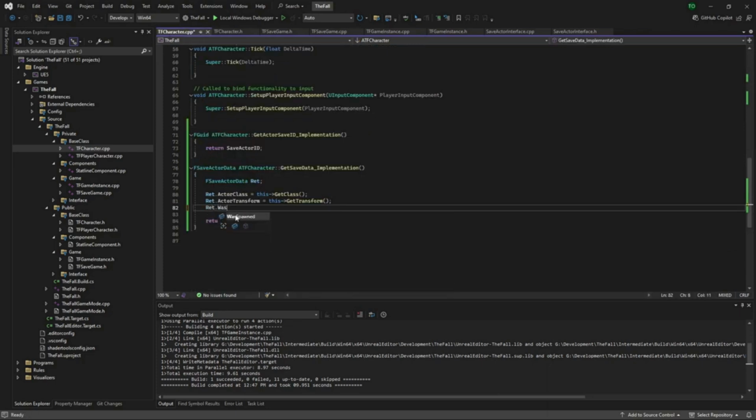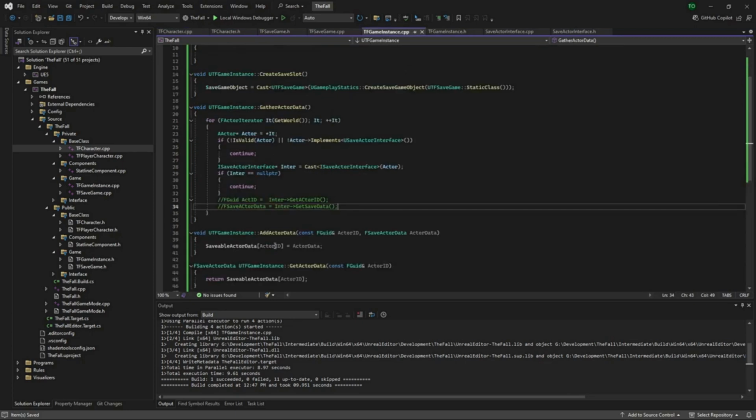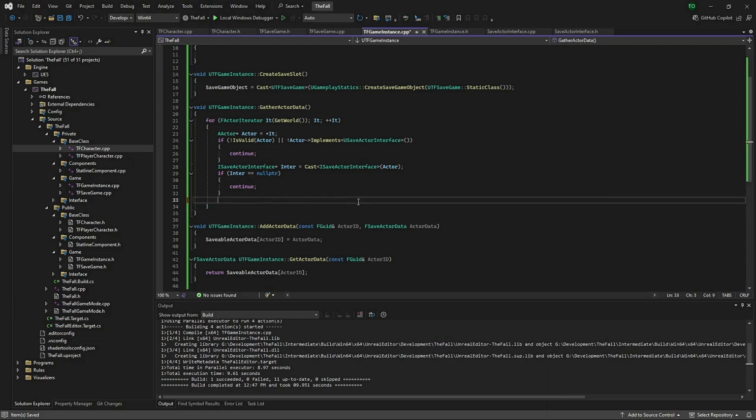And ret dot was spawned equals this dot was spawned. So right now we've got this basic information here. So from that, we are now able to continue with this logic. For that, our next step here is going to be